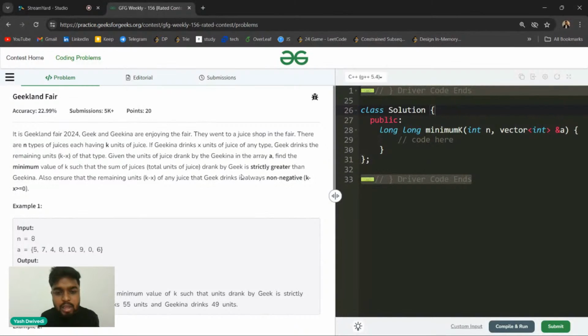Yeah, correct. Very good. Now, after that, it says you have to find the minimum value k.